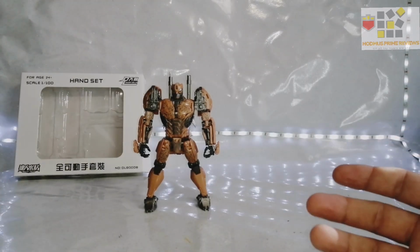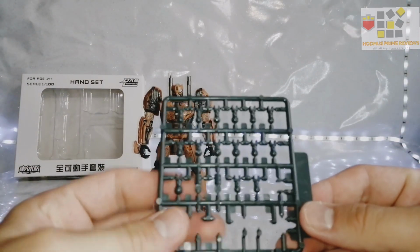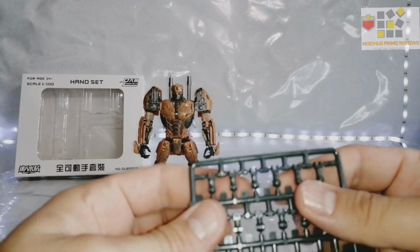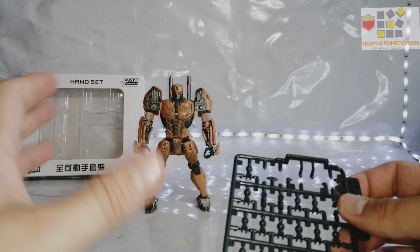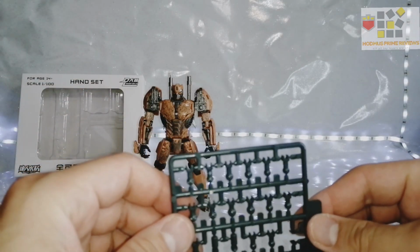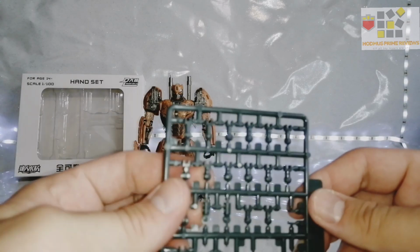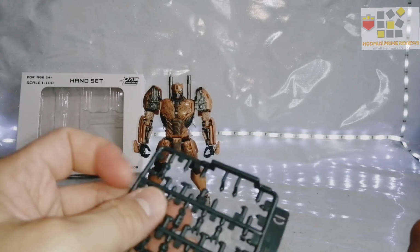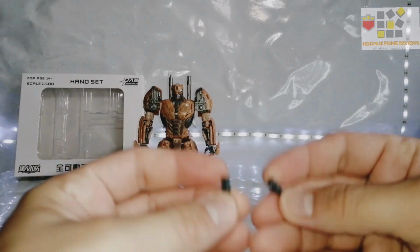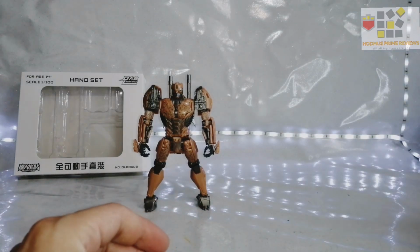And welcome back. As you can see, this is everything that was in there. You don't actually need any of these. I think it's a universal kit that they use for all sorts of things, like Gundams and stuff, but it manages to work on here or other Transformers. It does come in somewhat different size pegs, so if you need to, you can stick it in on different ones. It told you to build these, but you don't actually use them. I think it's just a generic